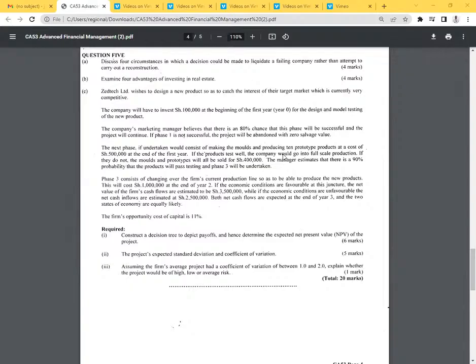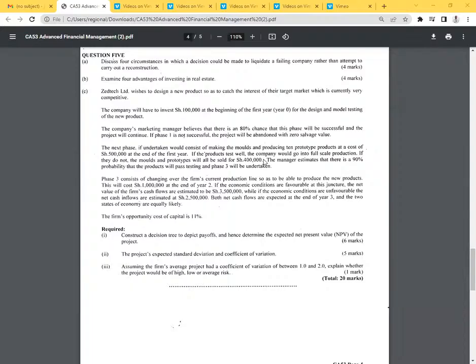Remember, they never told us 500 each. If they told us 500 each, then I would have multiplied to get the total cost. Here it is the 10 prototype products that will cost 500 in total. If the product tests well, the company would go into full scale production. If they do not, the molds and prototypes will all be sold for 400,000. The manager estimates that there is a 90% probability that the product will pass testing,